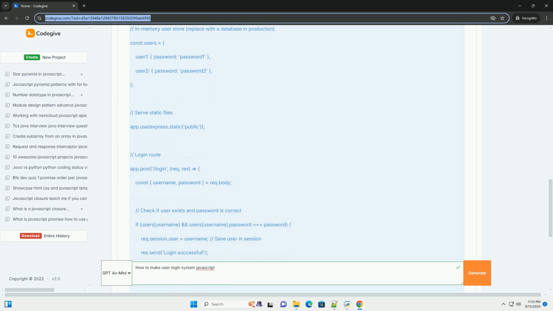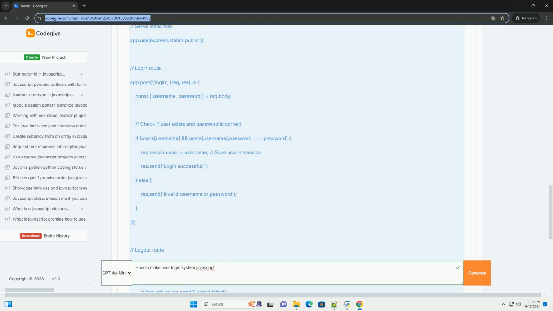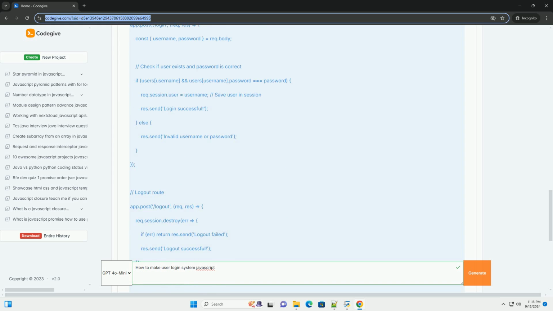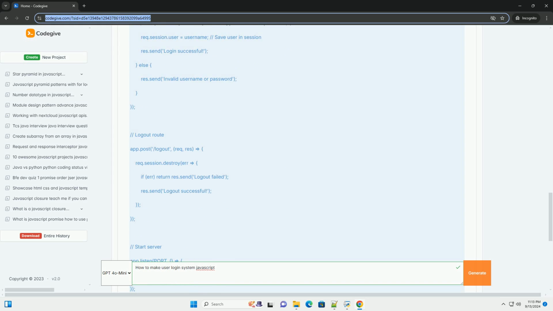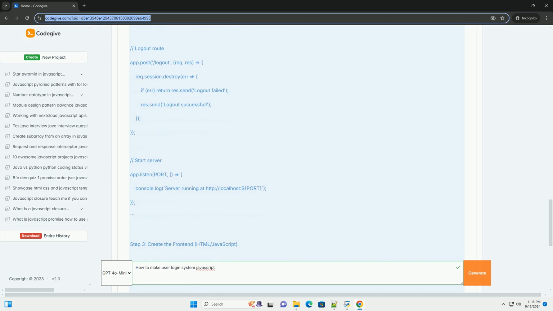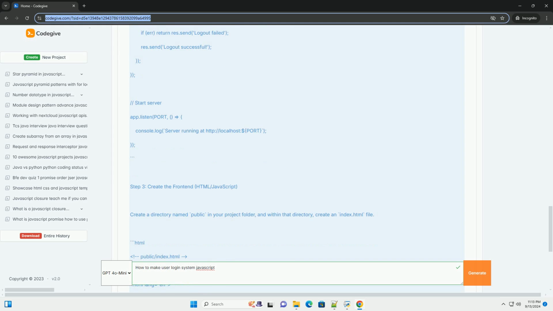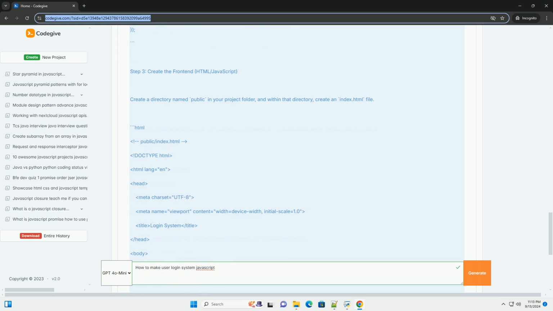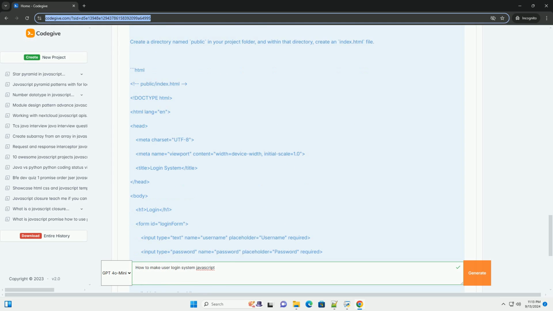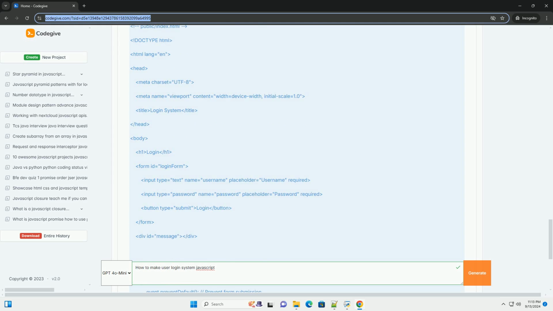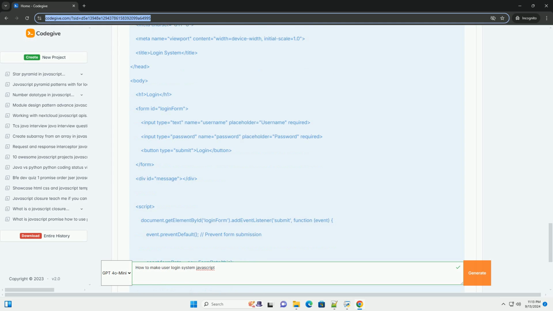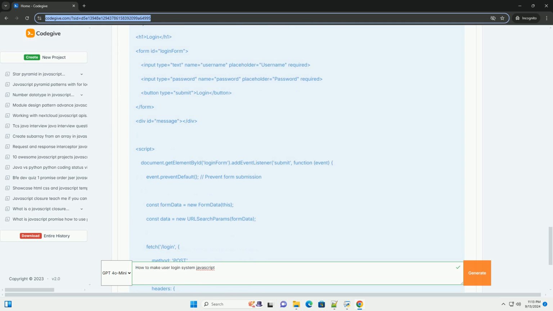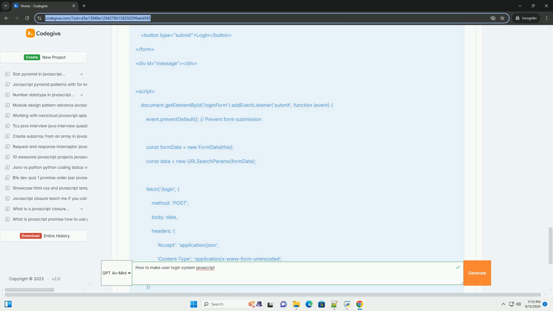Next, you will need to handle user input validation to ensure that the credentials meet certain criteria, such as length and format. Once validated, the input data is sent to a server, often using AJAX or fetch API, where it can be processed. On the server side, you will check the credentials against stored user data, usually kept in a